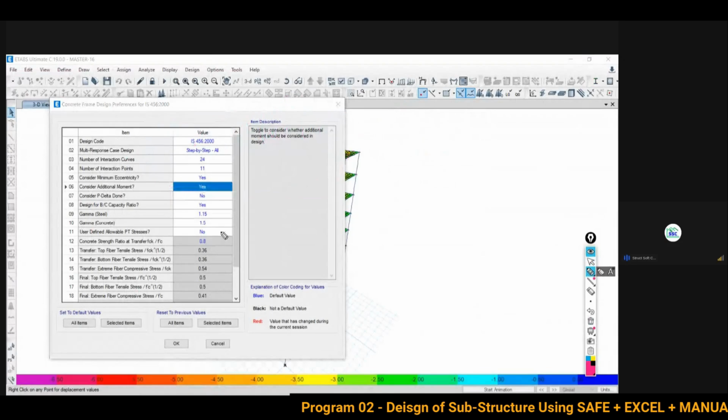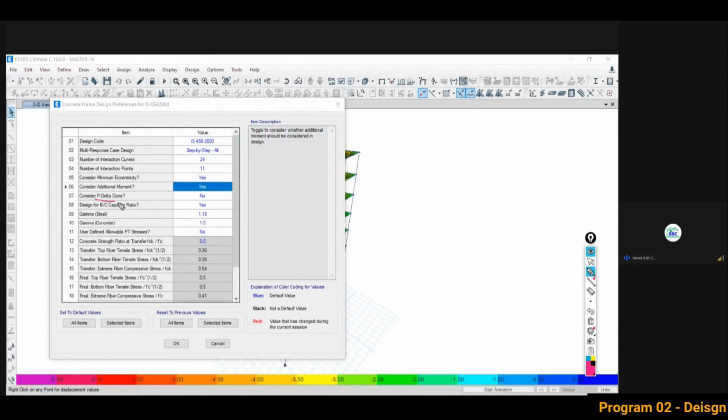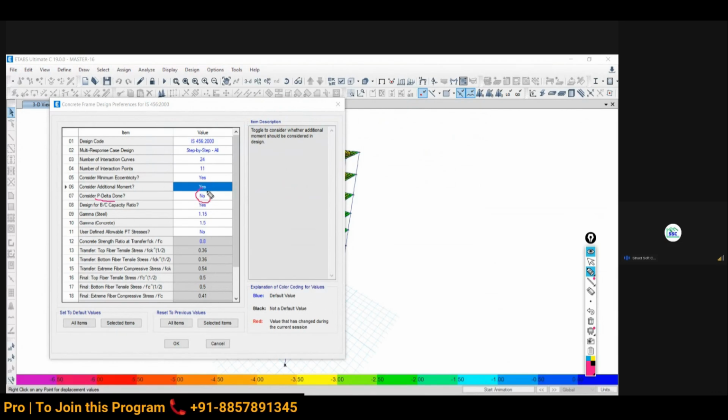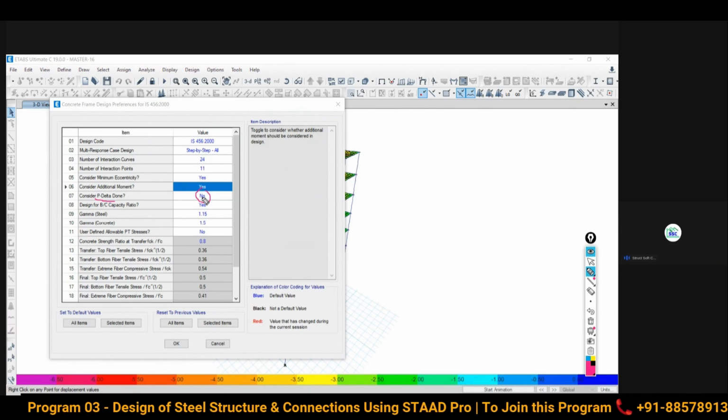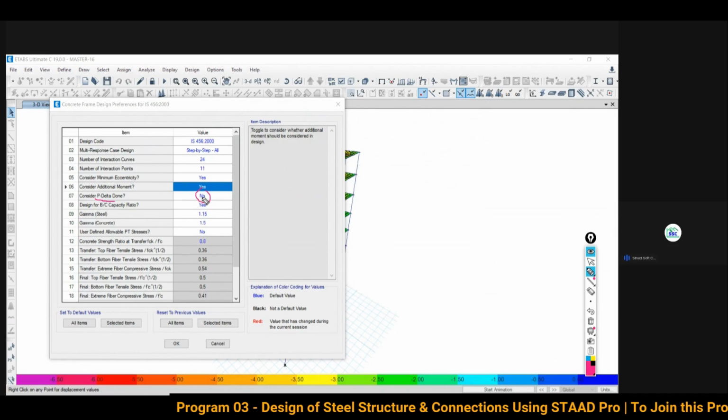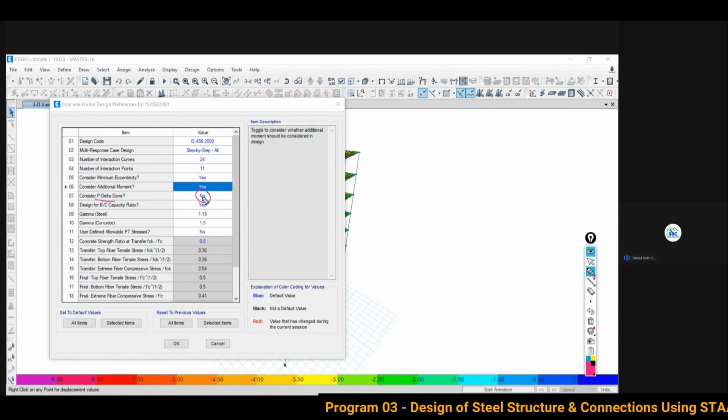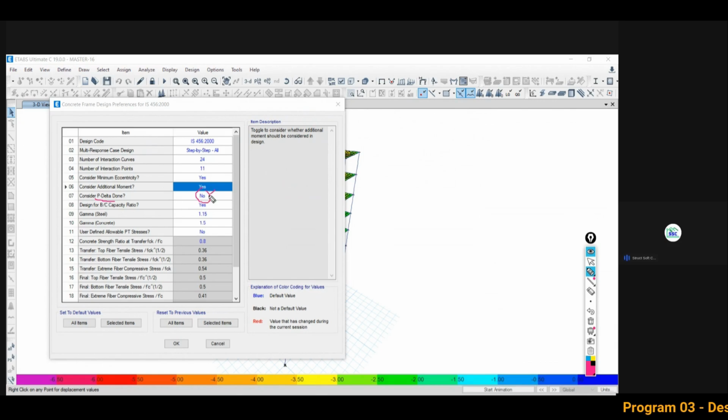Now the next point to understand is the P-delta analysis, the method of analysis. It is part of the advanced level, and as of now it is not needed to discuss. You can find the option is by default no, because for this kind of structure and this kind of approach it is not required. I will explain in the advanced level what P-delta consideration means for a structure and when it is required. First thing, it will be by default no, and we don't need to make it yes. So we will discuss the P-delta analysis in the advanced level.